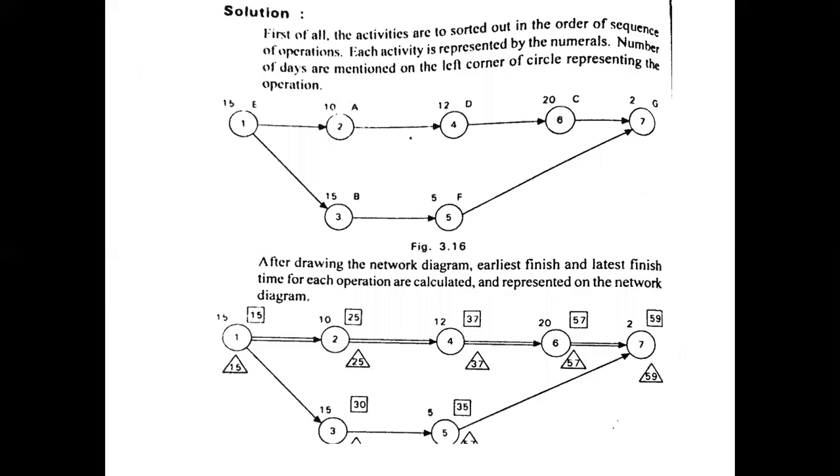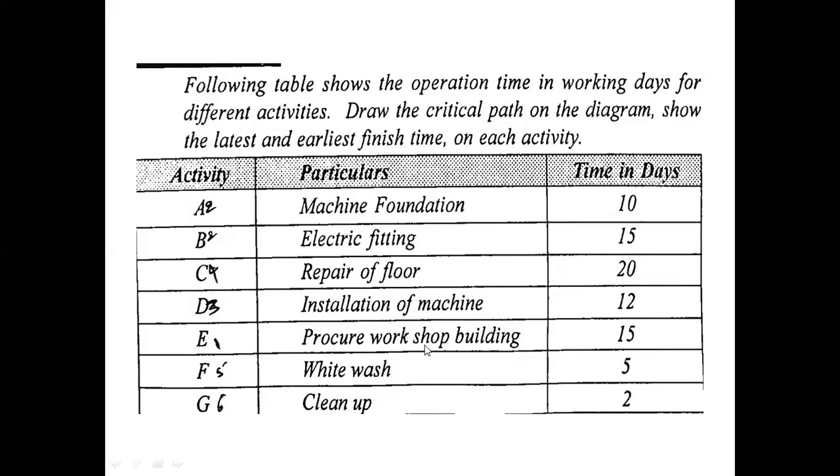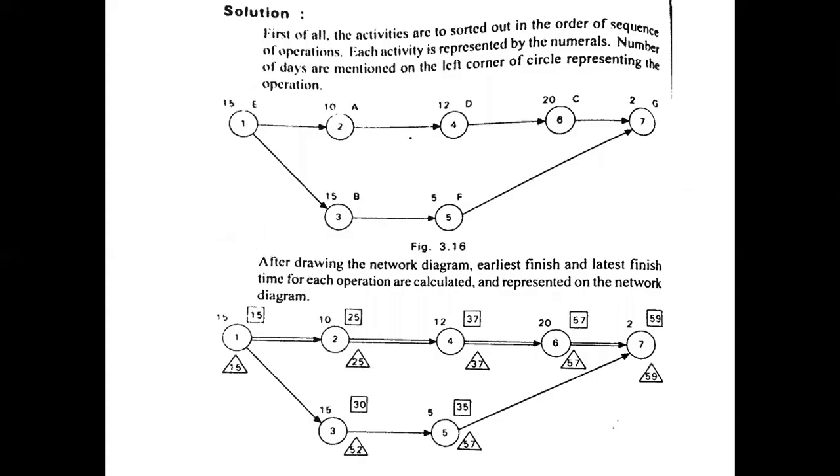Next, the first step in solving the critical path method is to set the order of all the activities. We have to first identify the order of each and every activity, and according to the order, you have to draw the network diagram. This is the second step. In this network diagram, you have to indicate the nodes with circles, and also mention the time duration of each and every activity, which is given in the data.